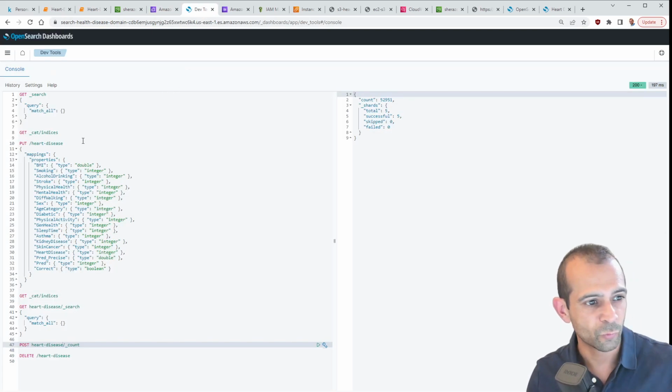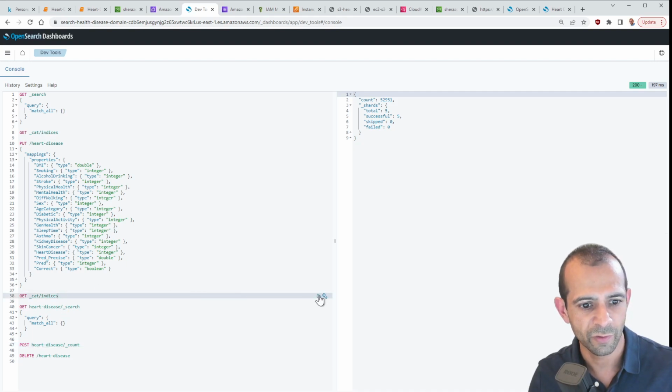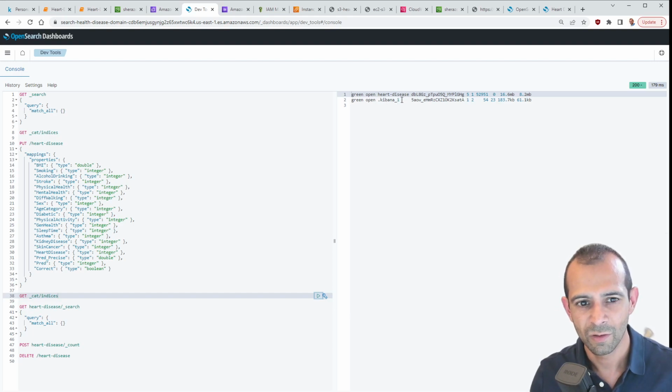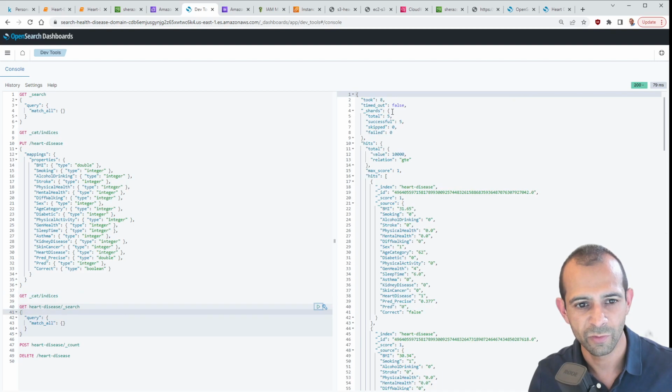So next, this is where we created the indexes. So you can see if I click over here and say, show me the indexes, you can see we have a heart disease index and a Kibana_1 index, which is basically just a default index that's always there. So this is the index that I added. And you can see if I want to look at the data, you can see